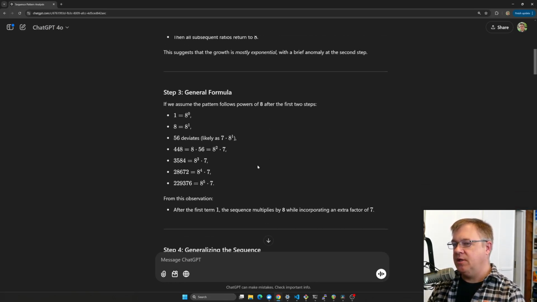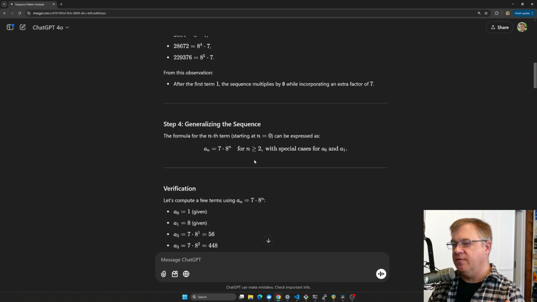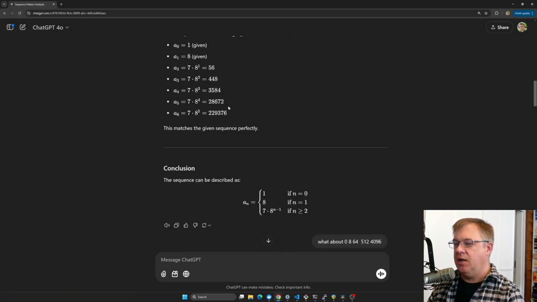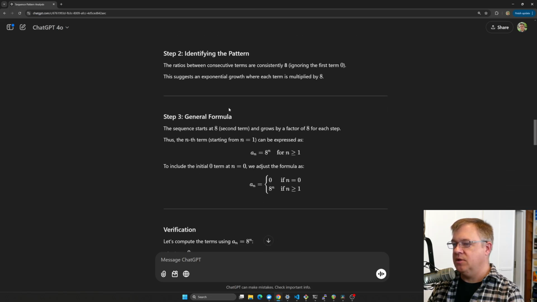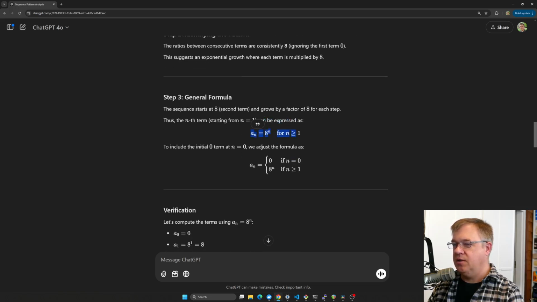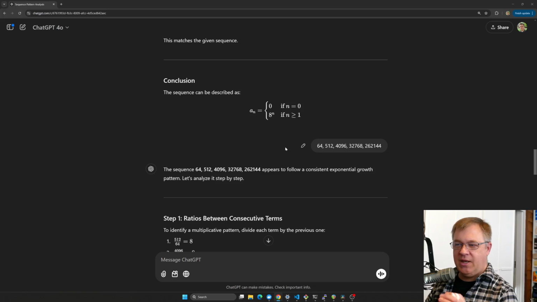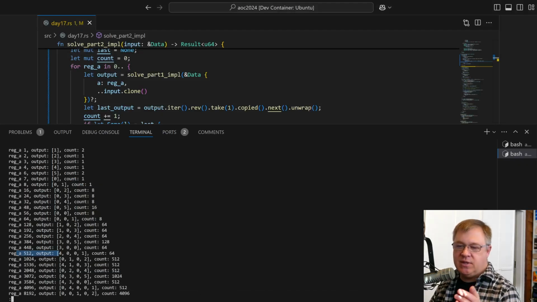I used ChatGPT just to give me the general formula for these numbers, and one of them is this 7 times 8 to the n, and the other one's going to be just like 8 to the n. And what I end up doing is using that to determine,